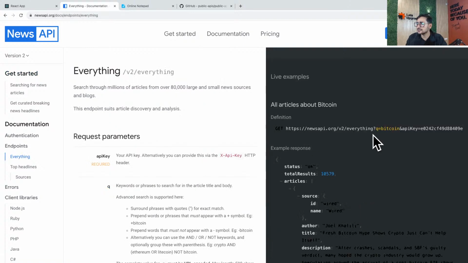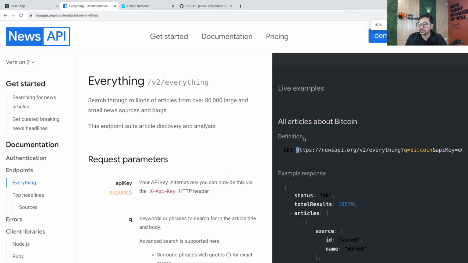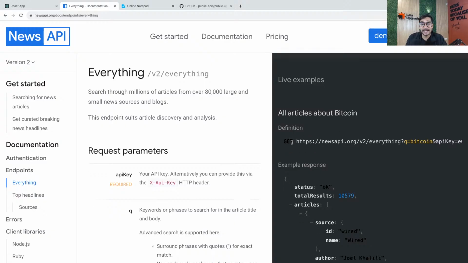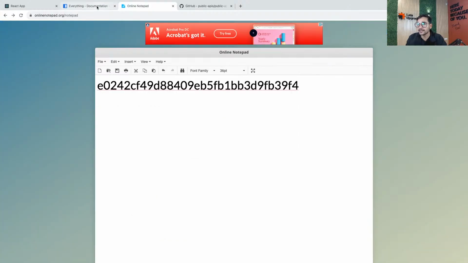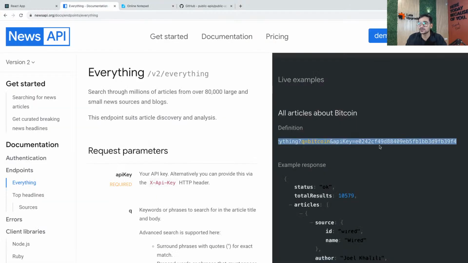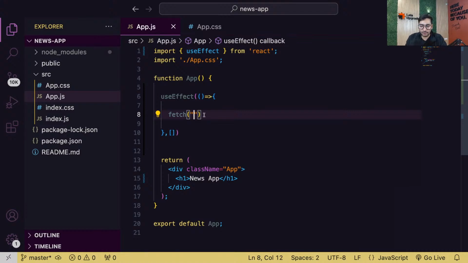So guys, see, this is the idea. This is the URL you have to call. Let me show you how to read this documentation. This is saying that you have to send a GET request, which is by default built into fetch. And then this is the URL you have to call. So copy this. I think this is your API key only that they have pasted. Let me confirm. Yes, that is your API key only, guys. So yeah, no issues. Now that URL you have to pass here.